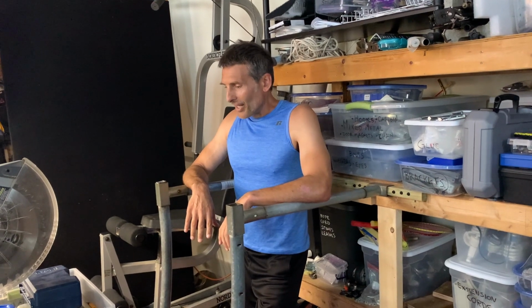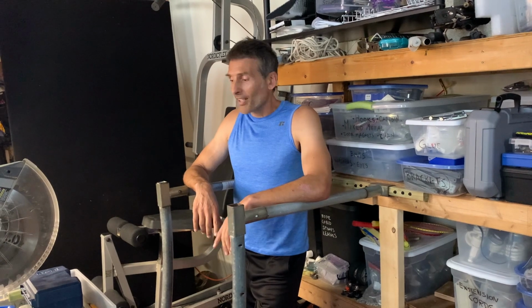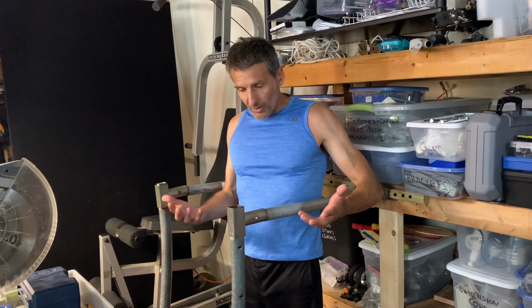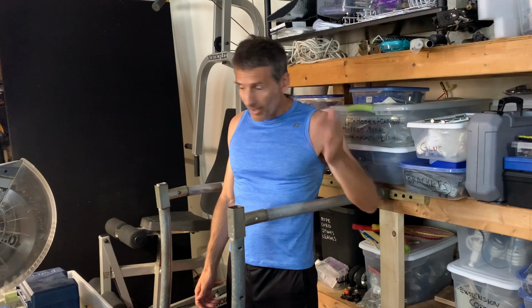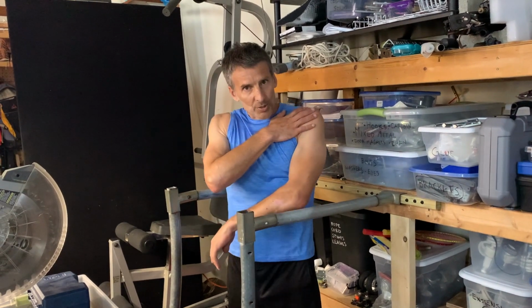20 was hard, and that is the most dips I've done since I was in my 20s and lifting a lot of really heavy weights. So it's nice that a very slow, random progression got me up to the place where I can do 20 dips after having done 18, 16, 14, 12, all the way down. So it's a lot of dips today, and feels good. And because I stretch and because I slowly warm into it,